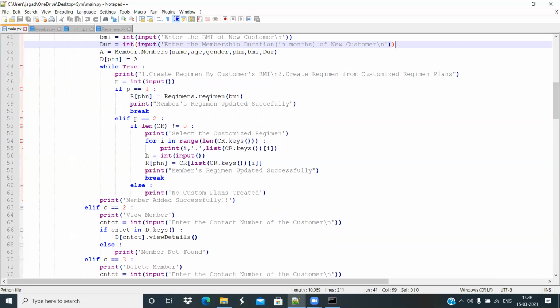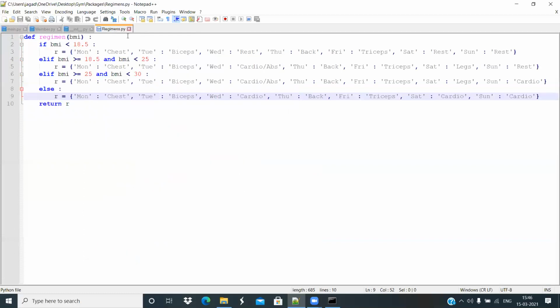To show you this value, let me go to the regiments.py file. This file has only one function written in it, that is regiment, which takes one input, the BMI. If BMI is in this range, it has a customized plan for Monday, Tuesday, Wednesday, etc. So it considers all these statements, and it returns a dictionary actually.